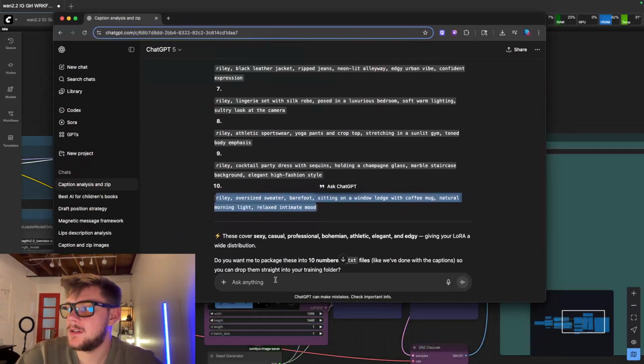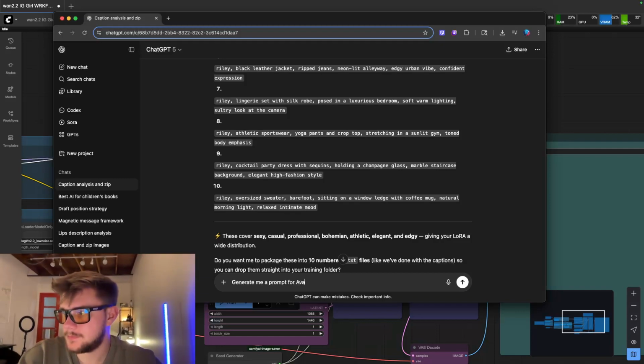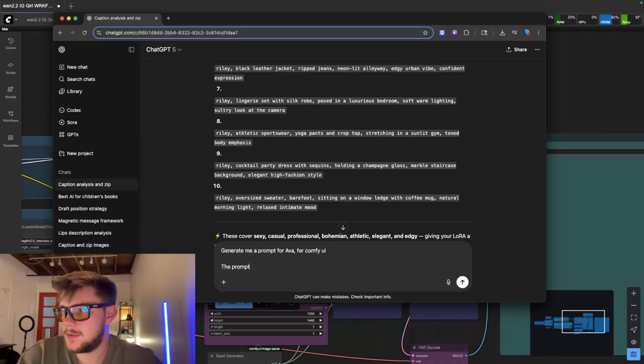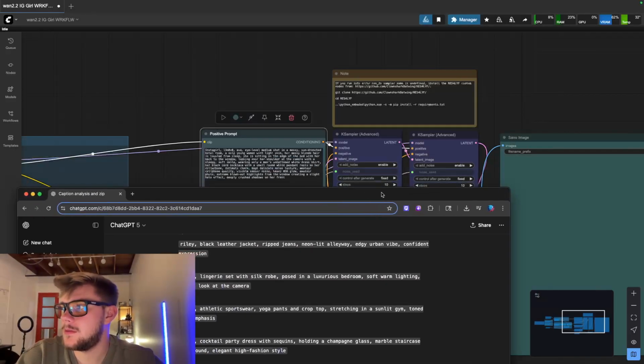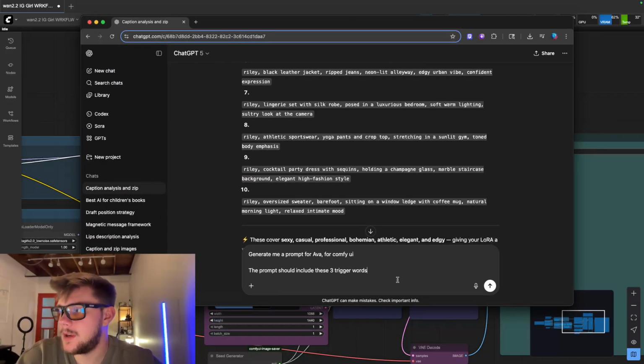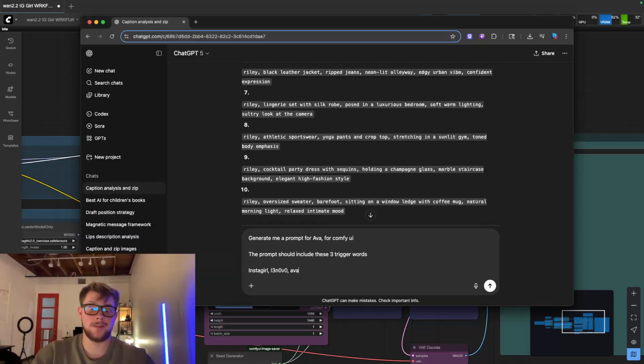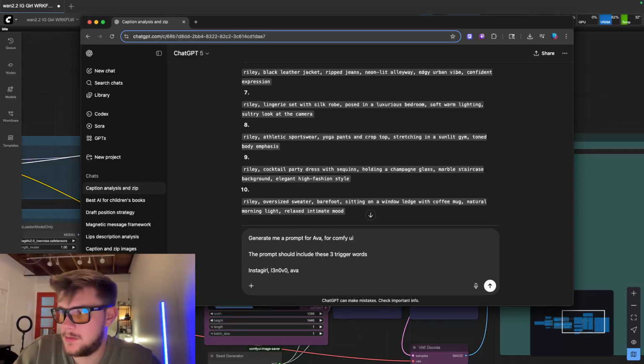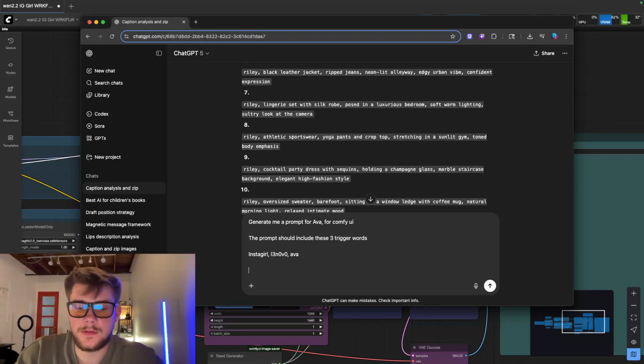I'm just gonna say, generate me a prompt for Ava for ComfyUI. The prompt should include these 3 trigger words. Here, we're using my other Ava, my other character Ava, because we're waiting on the other one to train. Those 3 words, the prompt,